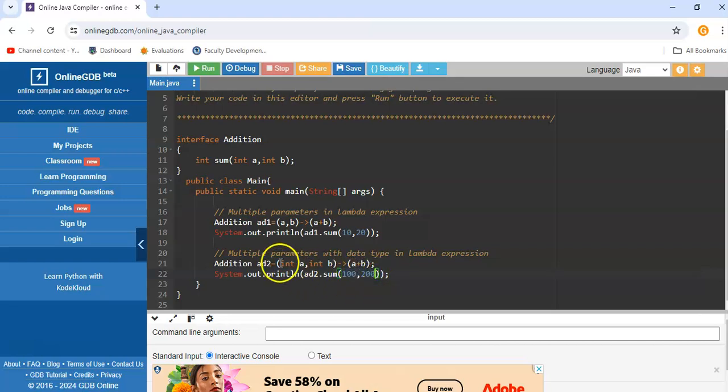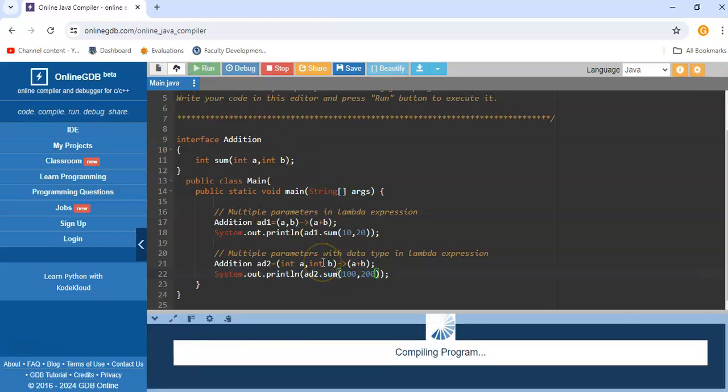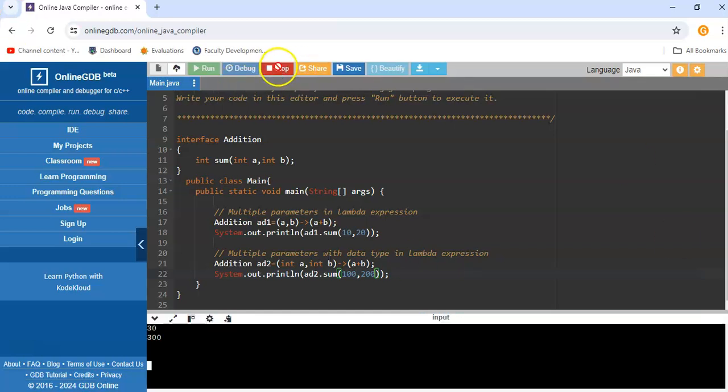So here, when I execute it, you will get 2 lines of output. First line you get 10 plus 20, that is getting executed.